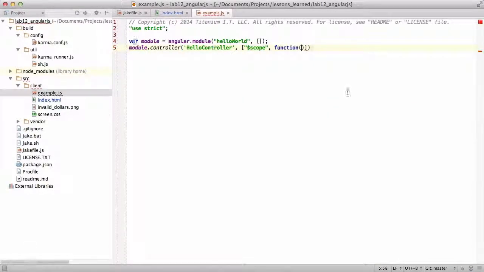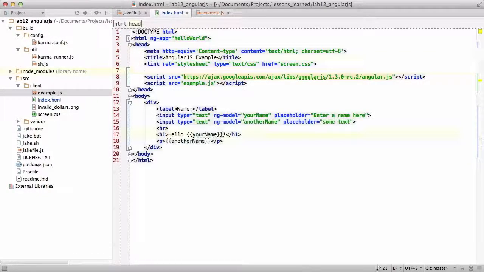And again, we're telling Angular what things we want to have passed into our controller. Okay, so we've set up our controller here, and what we're going to do inside of this controller is basically assign things to the scope. The scope, this is sort of a magical thing in Angular, and there's a fair amount of articles online about it because it can get complex. But at its most basic, it really is just your variables and your functions